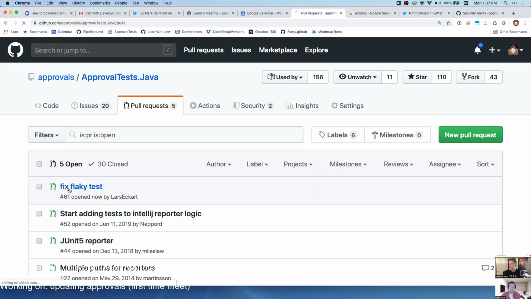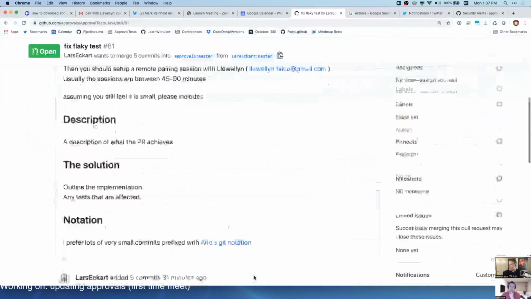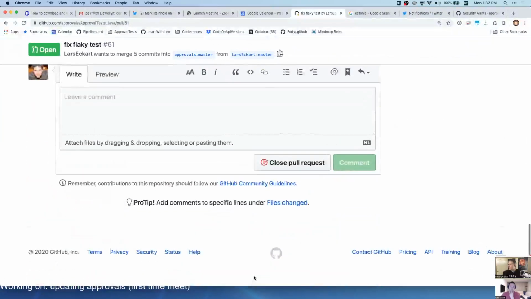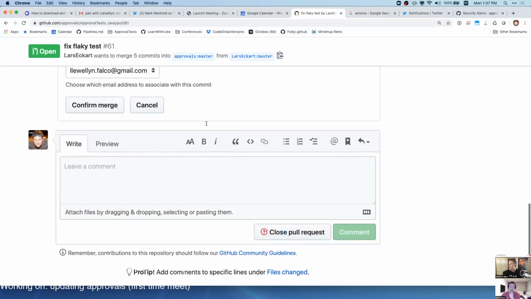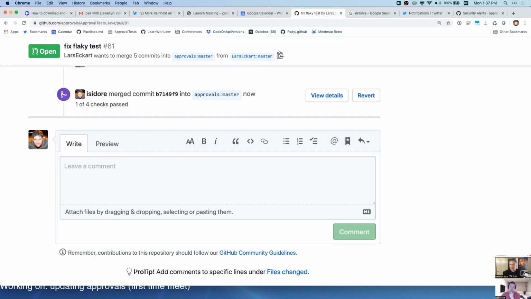I need to accept that pull request. This is merge pull request for merge. I then need to discard all changes.